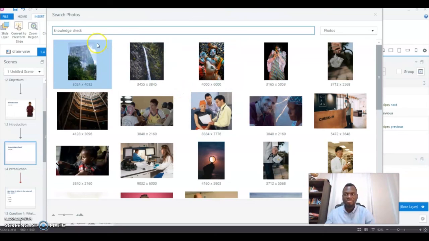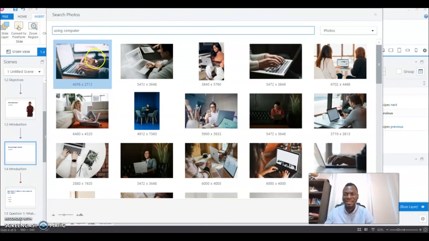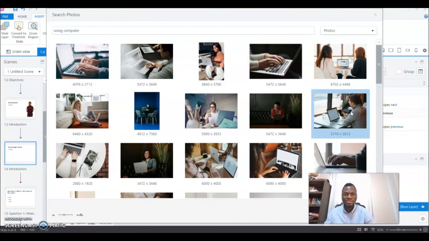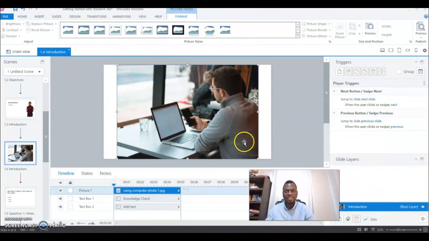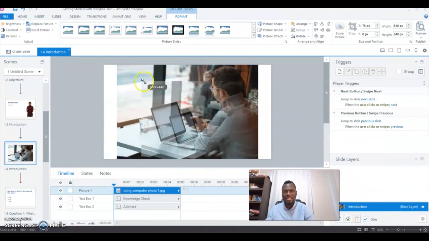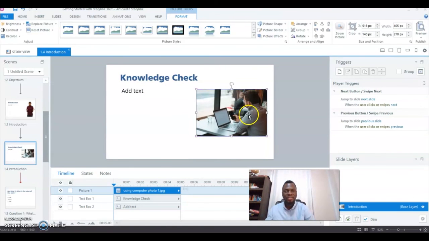I just type it how I think it, pretty much. So someone using a computer, that could be a way to show that someone's about to take a quiz. So this guy right here looks okay. Click on insert, and that automatically adds it to your slide. You can drag that up here, make it look good,